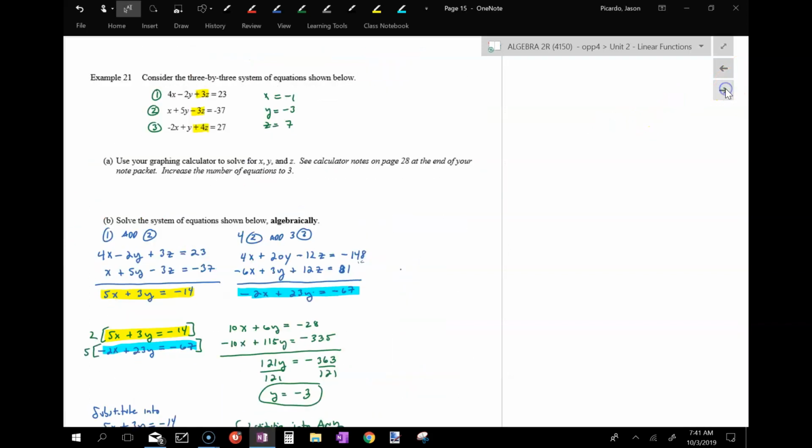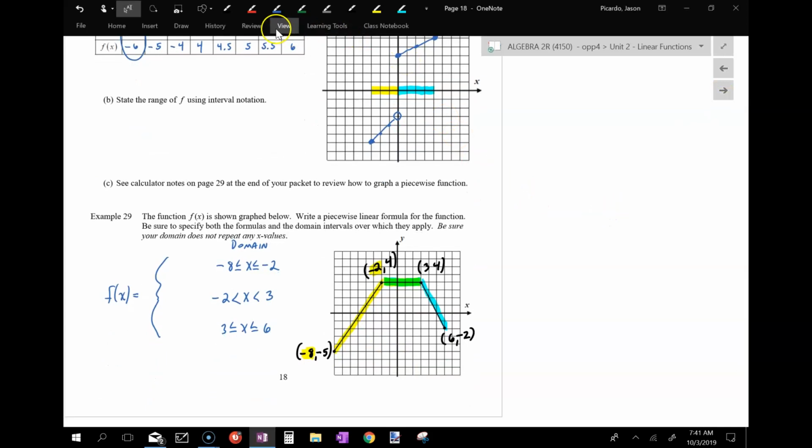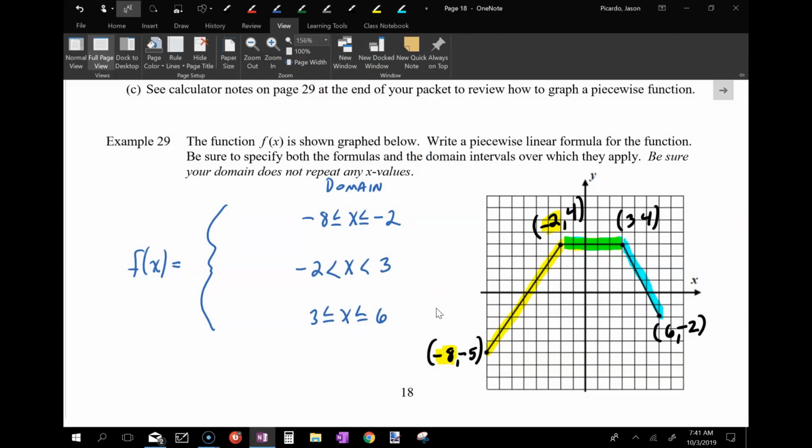But here's the nice thing. The nice thing about what we have here is I have a picture, right? And when I have a picture, can I, if they ask for me,